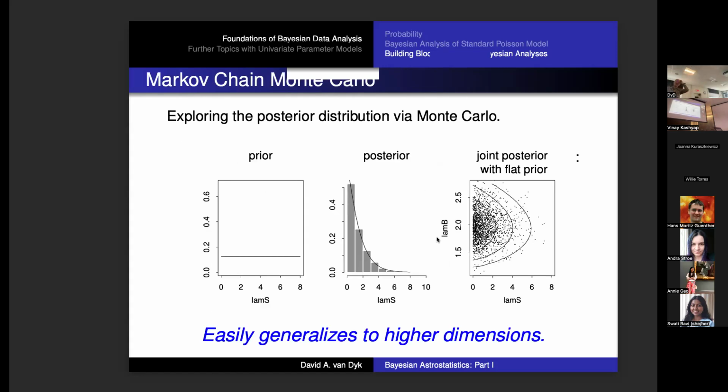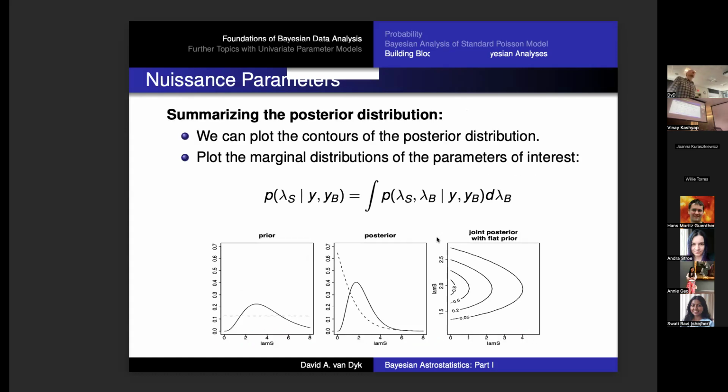But if you have a Monte Carlo sample, so this is again my posterior distribution, and I've gotten a sample from it, and I want the marginal distribution of lambda S, what do I do? I just ignore lambda B. I make a histogram of lambda S. And this curve here is because I've numerically integrated it. I can compare it and see that you get the right thing. But once I have a Monte Carlo sample, integration is trivial. I just look at the things I'm interested in. And we'll see other reasons why we like Monte Carlo in the next few slides, I think.